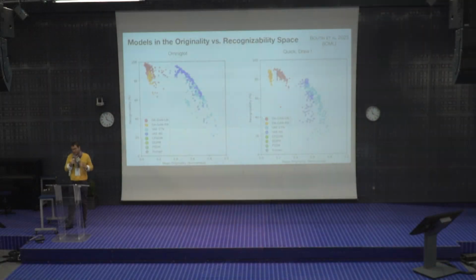And here we consider the VAE models, represented with bluish data points. You can observe that the samples produced by the VAEs are more original, but at a cost of a reduced recognizability. And this specific observation is very interesting because it could be related to the respective loss functions of the